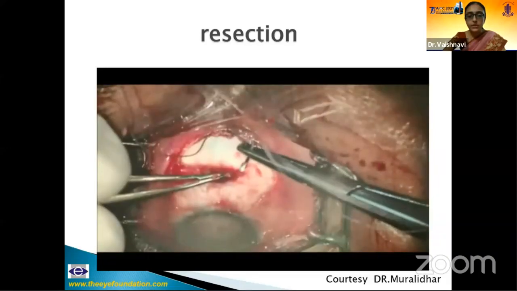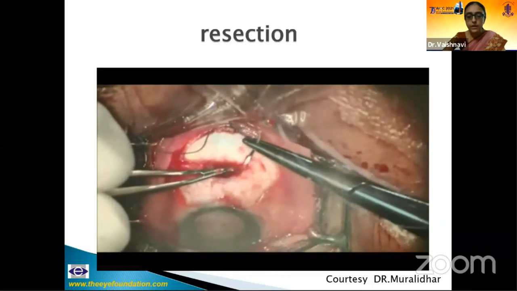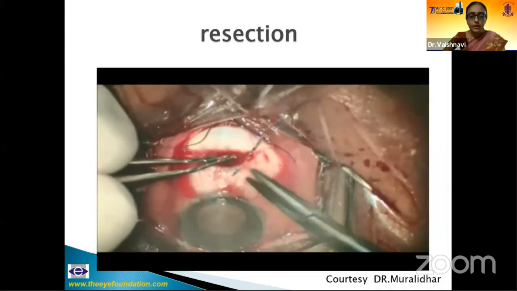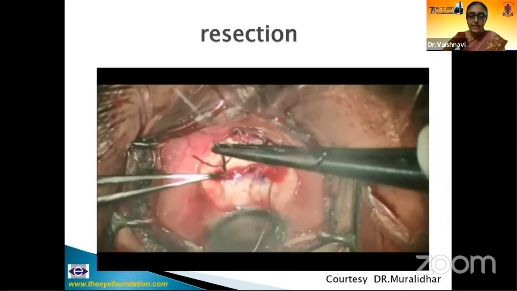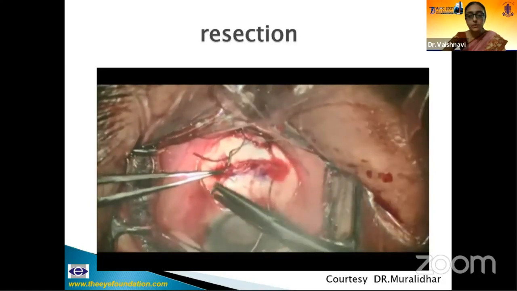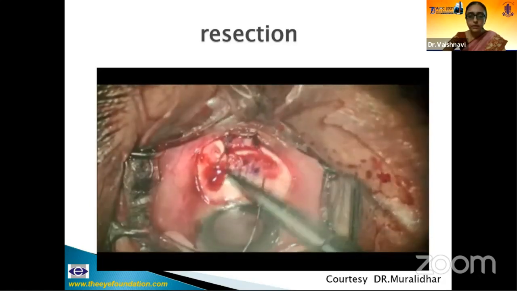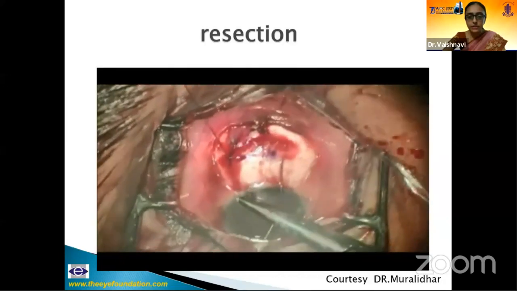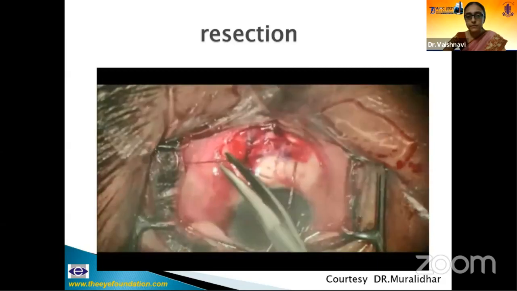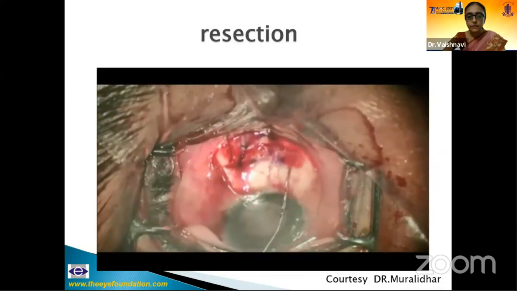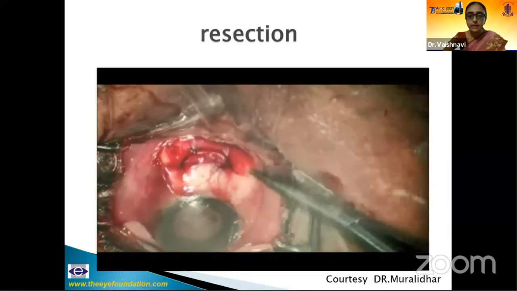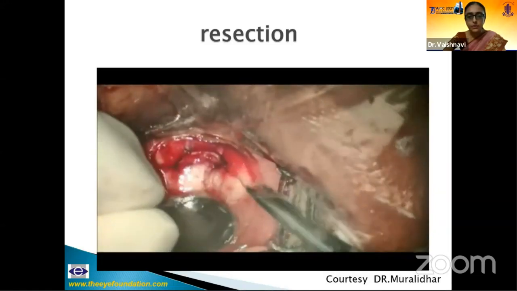Then the needles are passed through the stump so that the upper and the lower pair has at least 5 millimeters of separation. So we all know that the sclera anterior to the muscle insertion is thick and posterior is very thin. So chance of perforation is higher posterior to the insertion. So attach the muscle closer to the insertion. Make sure there is no sagging of the muscle. This is repeated on the other side. If at all there is any sagging, additional suture is always put.